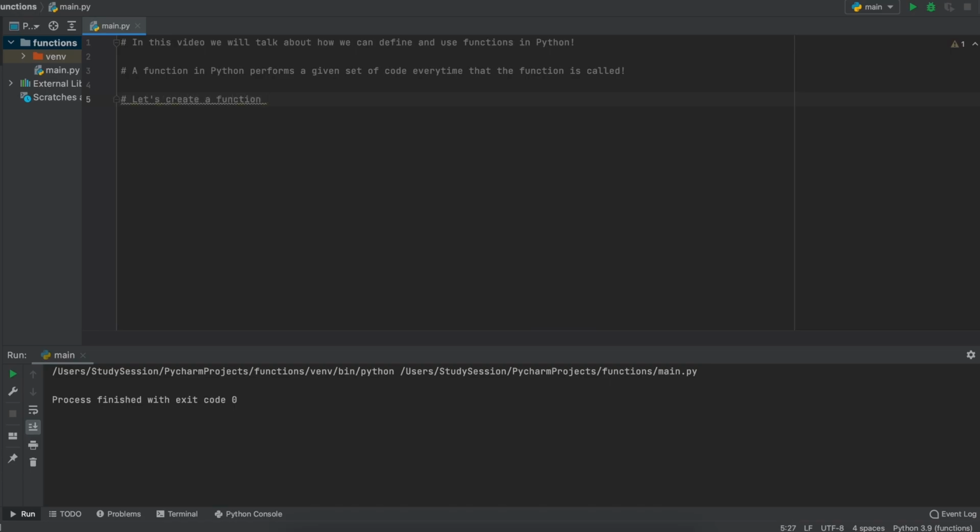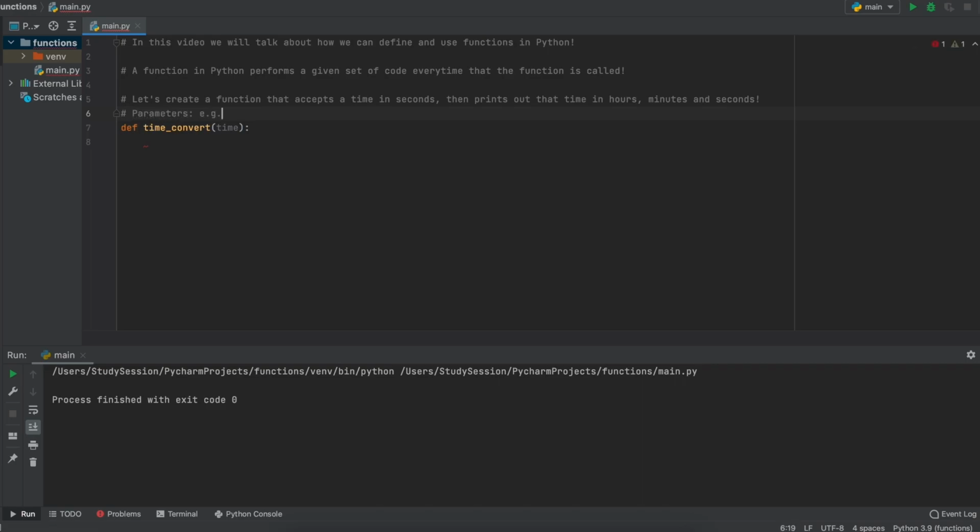Let's create a command that will accept a time in seconds and convert that into hours, minutes, and seconds. So, we start with the function by defining it. So, we type def for define, and then we give our function a name. So let's call it timeConvert. Then inside these parentheses, we need to define what are called parameters. These are values that we require from our user to use our function.